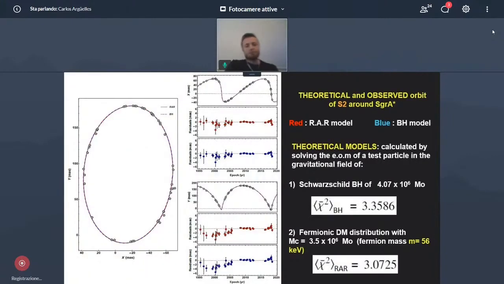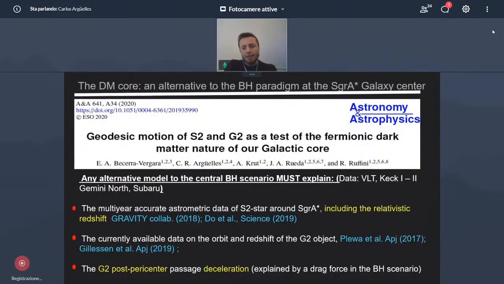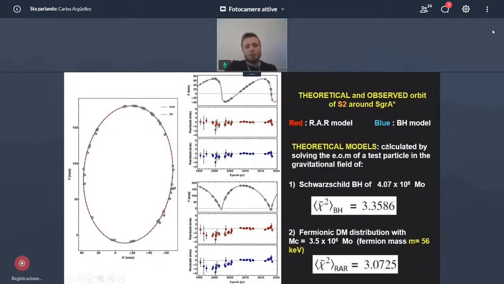Therefore, we were wondering, can our degenerate core at the center explain all these 3 data sets comparably or even better than the black hole scenario? Well, I will show this in detail. So first, let's show the theoretical in this plot on the left. You can see the S2 orbit, with right ascension and declination on the axes. The gray dots are the data collected over the past 26 years by all these 4